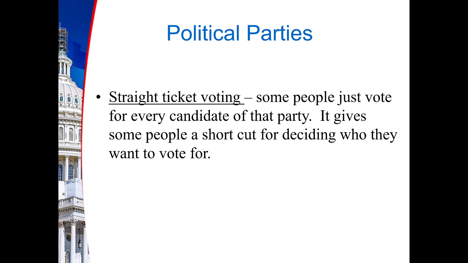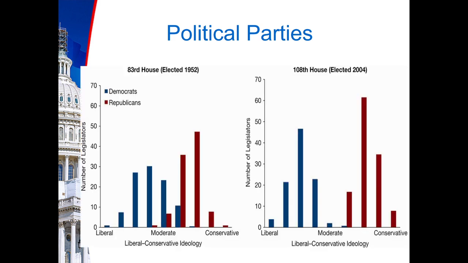Or if you're a Democrat, you're going to go into the polls and just check all the Democrats on that ballot. And the reason for this is because people who identify with a particular political party have something they can go by in terms of who to vote for. Just the same reason why parties form. That you don't have time to research the nuances of every particular elected official's stances. You might not have access to it, might not have time to research it, but you do know in most elections whether they're a Democrat or Republican, and so a lot of people base their voting on that alone. And so partisanship matters a lot in American politics.